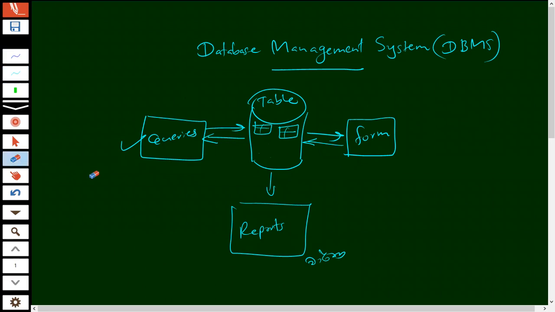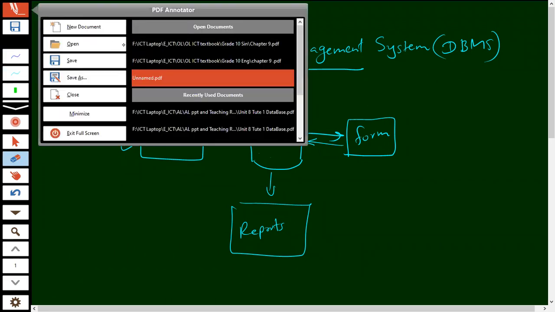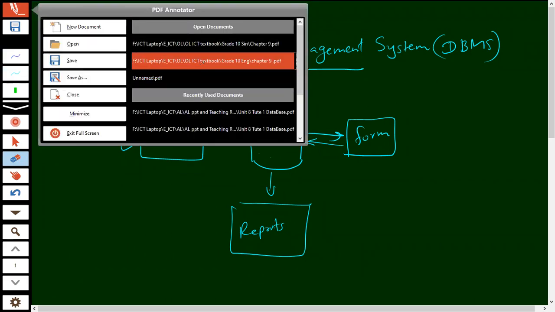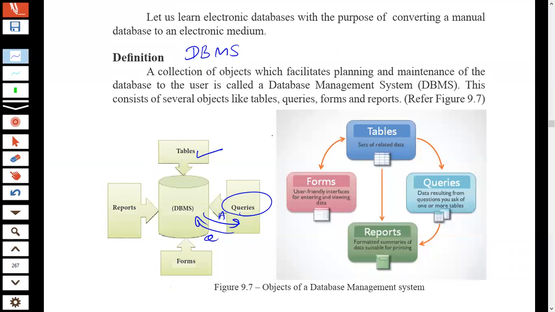And we can use another type of object called reports. Forms are normally used to input data and see data, and reports we can use to summarize data. And we can take printouts, printed documents, using this data.